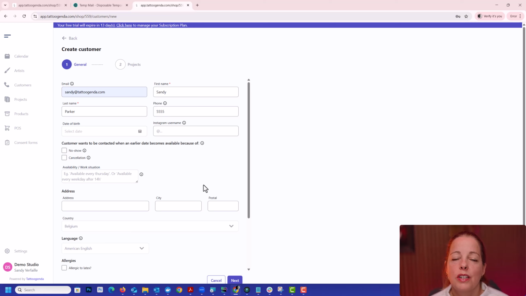If your customer receives an automated email where they are asked to pay a deposit, and your customer clicks the button to pay a deposit, they land on a screen in between, a screen before the payment page, where the system asks them, hey, I see you have an appointment, you are going to pay a deposit soon, but just in case a no-show or a cancellation happens, do you want us to call you so you can take this earlier spot?